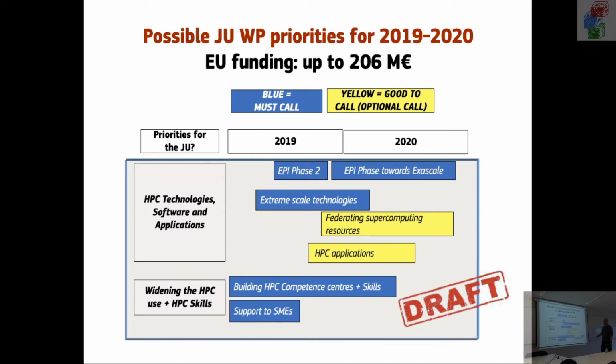The one that I think is probably most interesting for us is this type of call, right? This widening HPC use and HPC skills, and I think that's maybe where we'll see what kind of calls come out there in the end, but this might be the place where EasyBuild could find a good home. There are two things out there. There's of course the SMEs, support to SMEs to try and get small and medium enterprises to use HPC resources. That's a challenge. We'll see how that works. I mean, they want to do things to help these people, but it's difficult.